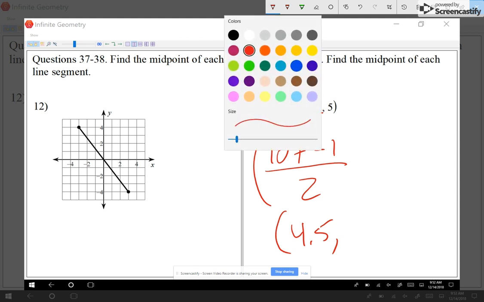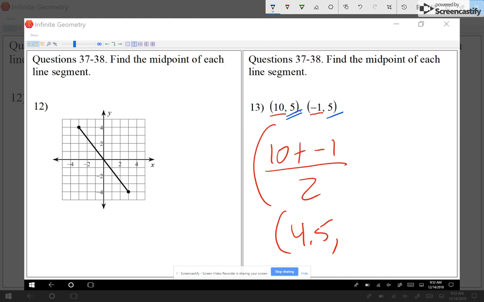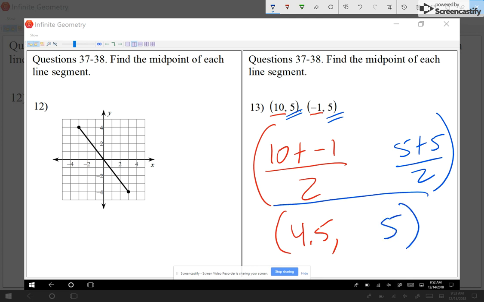Now to look at the Y value, I'm going to add the Y's, 5 plus 5, and then also divide that by 2. 5 plus 5 is 10 divided by 2. The Y value will be 5. So those are the coordinates of my